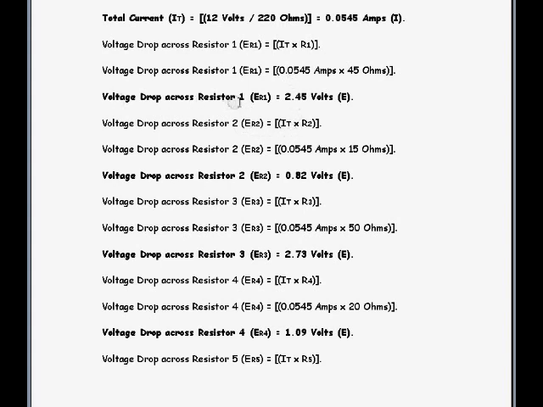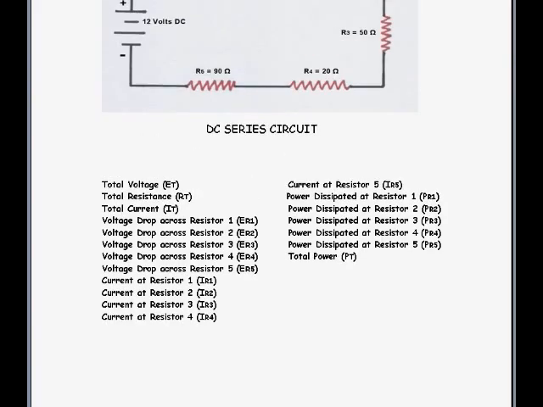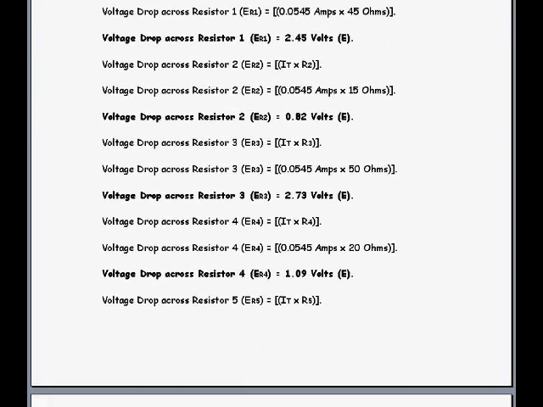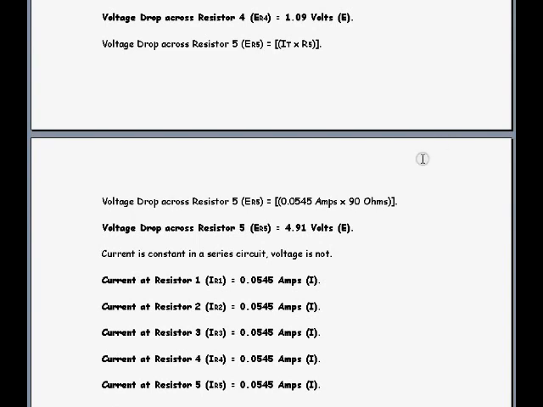So voltage drop across resistor 1, we simply take the total current times the resistance of resistor 1, 45 ohms, multiplied out, 2.45 volts. We repeat the process throughout all the other resistors: the total current times the resistance value. So we have a total of 5 resistors, so we should have 5 different voltage drops,